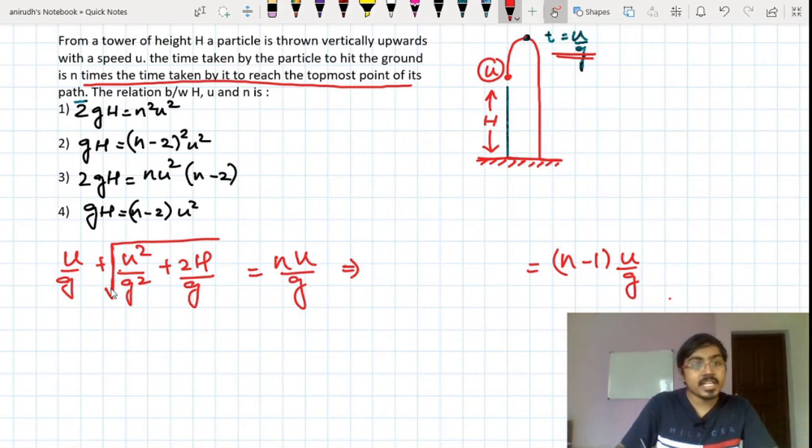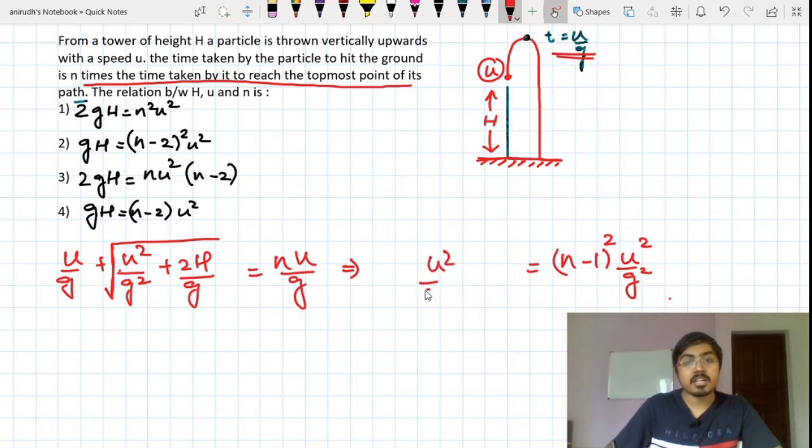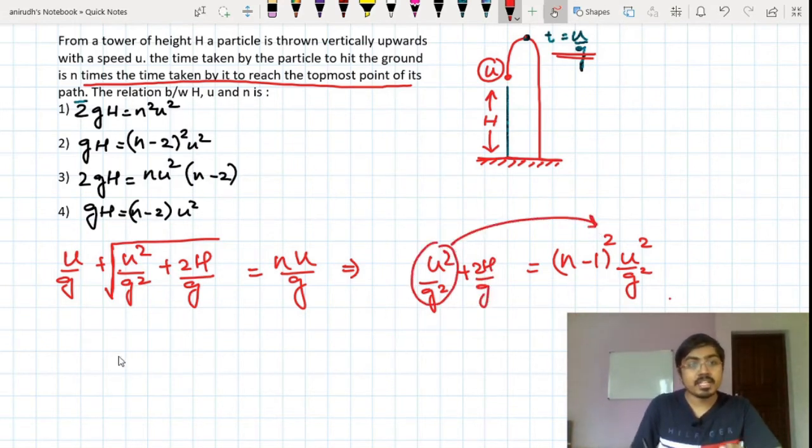Now let me take this root to the other side. So this is square, square and square. And you are going to get u square divided by g square plus 2h divided by g. Now what will I do? I will take this to the other side. Okay, when I take that to the other side, I will be getting 2h divided by g is equal to,